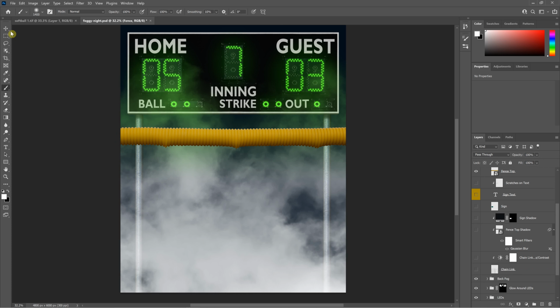Chain link is on a separate layer. And then there is a brightness contrast adjustment for the chain link. There's a top shadow. Oh, I clicked the sign shadow one. There's a top shadow, and this is the shadow that the top of this fence guard is casting on the fence. And you've got your distance sign here,